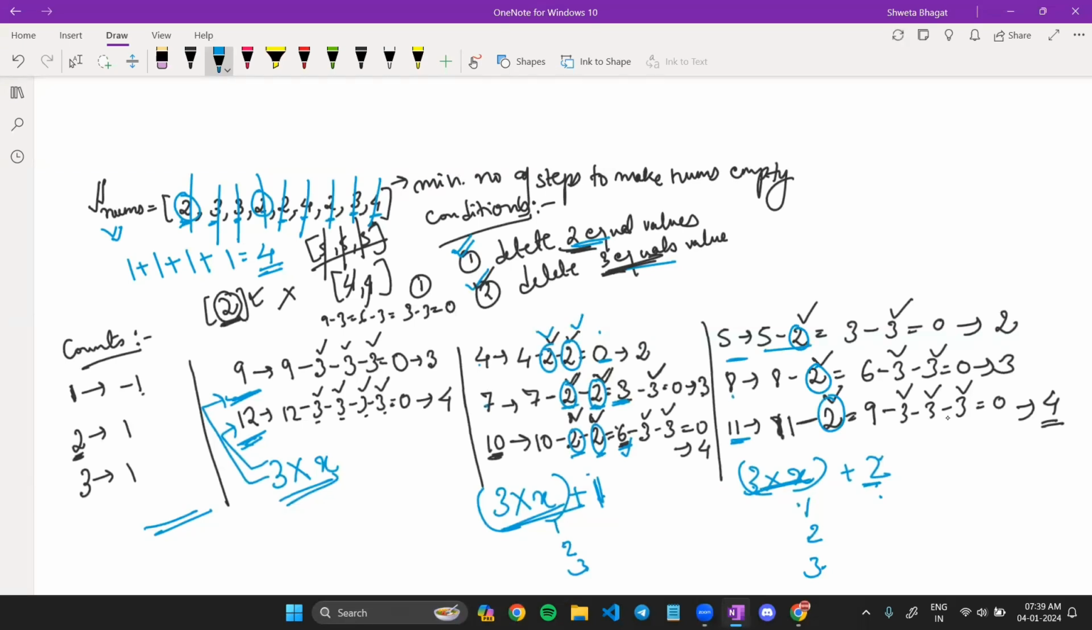So we are removing a pair from 5 to get a 3, which is a multiple of 3. We are removing a pair from 8 to get a 6, which is a multiple of 3. We are removing a pair from 11 to get 9, which is again a multiple of 3. So what I am trying to say is, what our approach will be is, first of all, we'll take a